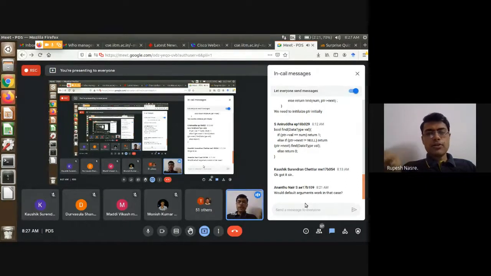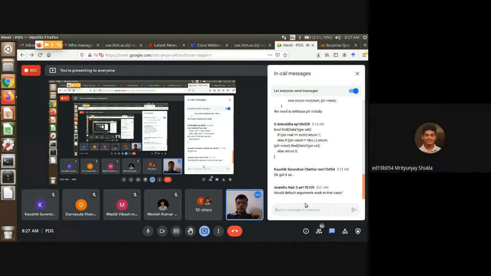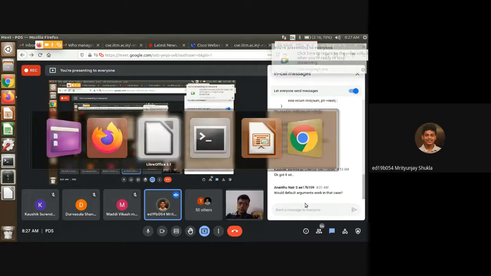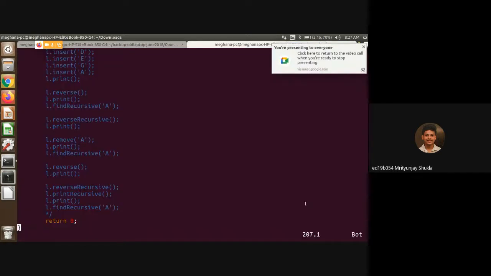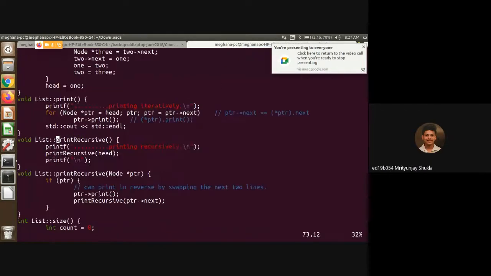If you do not have that auxiliary function, then it is okay to have a default argument. Okay. Any other concerns, questions here? Sir, I have a doubt. Sir, in the print recursive function which had head as a parameter, usually when we have recursion, we use a base case where we return something, but it was like void type. So I didn't get the intuition how it is actually getting back to the previous element.